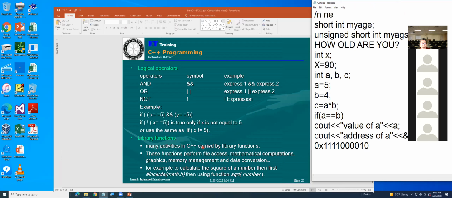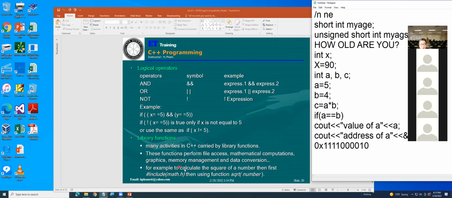Okay. Now, library functions. Many activities in C++ are carried out by library functions. These functions perform file access, mathematical operations, computation, graphics, memory management, data conversion.